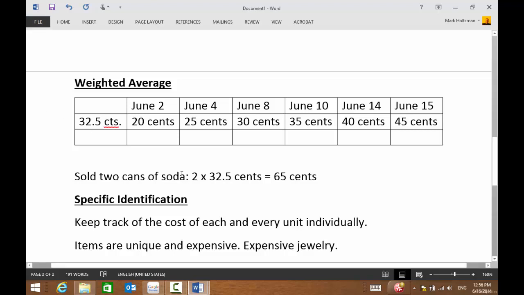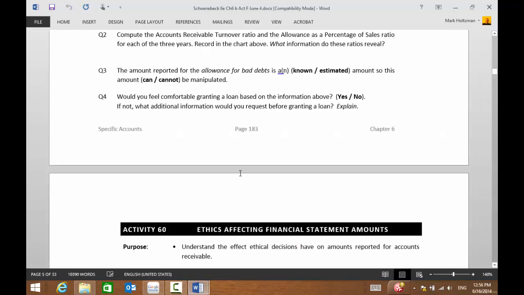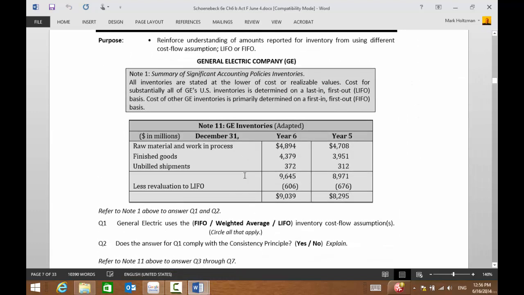Okay, so that's sort of all the different inventory systems. Now, take a look over here. Let's look at General Electric again. And here you can see GE has 3 classes of inventory. And again, look at what they said here. U.S. inventories are determined using LIFO, because you can do that in the United States. And other inventories are determined using FIFO. Excuse me, I shouldn't say it that way. Only U.S. GAAP allows LIFO. I don't think any other countries anymore allow it.